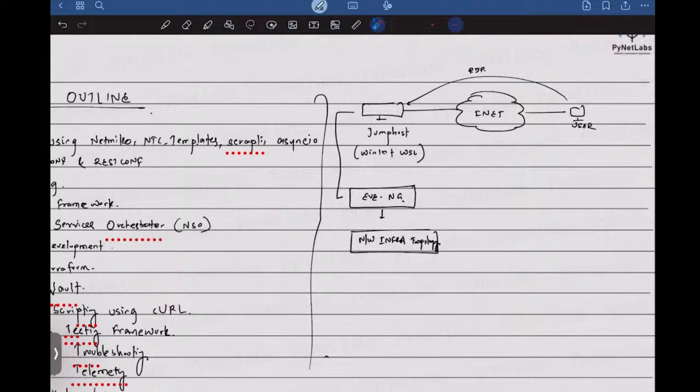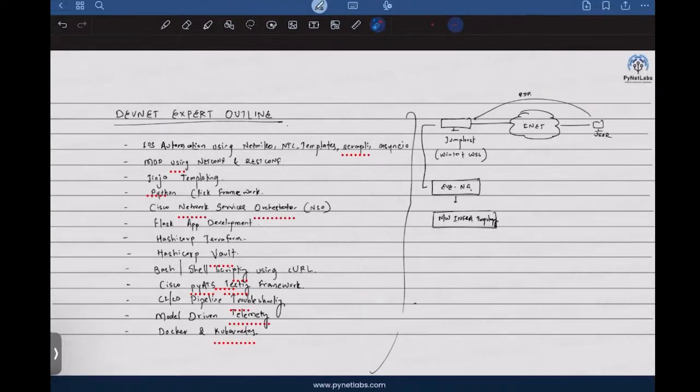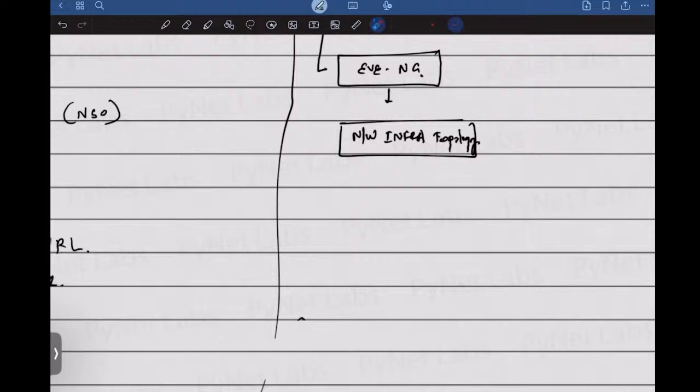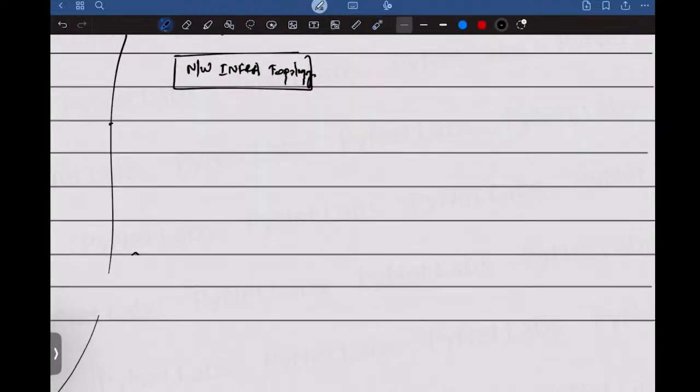Be it one device, two devices, three devices, we will have numerous instances of that. And that will allow you to make configuration changes onto them. Make sense? So this is gonna be an outline of how the training is gonna be conducted. We are going to meet every weekend